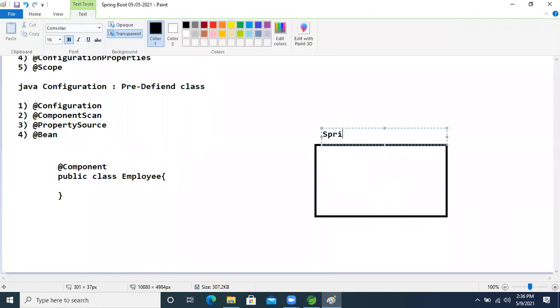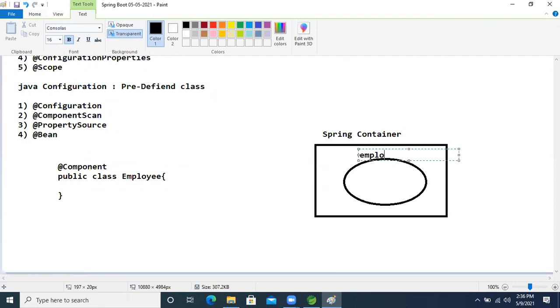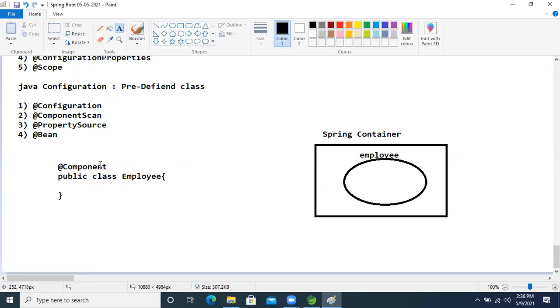First, the class name becomes small letter, and one object will be created inside that IOC container. This object name will become employee.